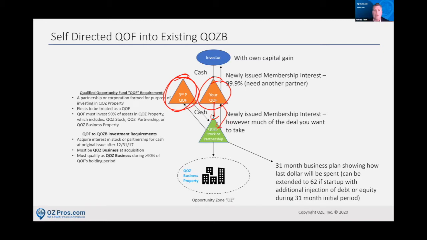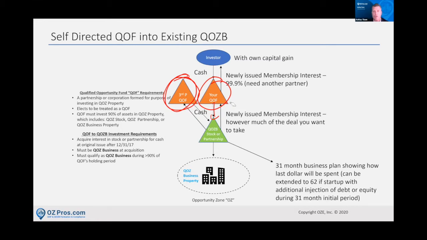And so if you have an interest in placing money into one of their deals, unless you've got a sizable amount to invest, you would probably be looking at one of their deals. But if you have a sizable amount, they could probably accommodate you into a number of their portfolio companies. You can make a direct investment directly into their QOZB. We actually helped a client do exactly this, and the guys at Hall were fantastic in accommodating this, and we were able to pull it off and make it happen for them.